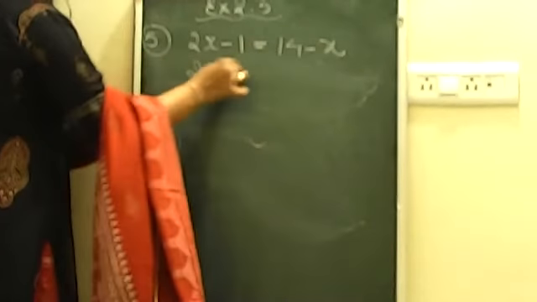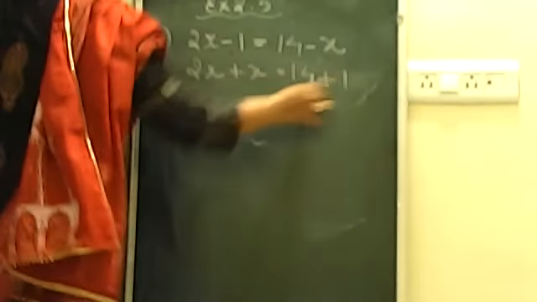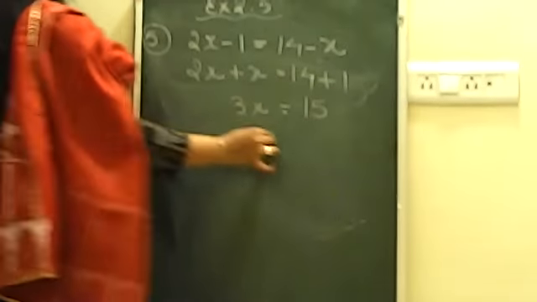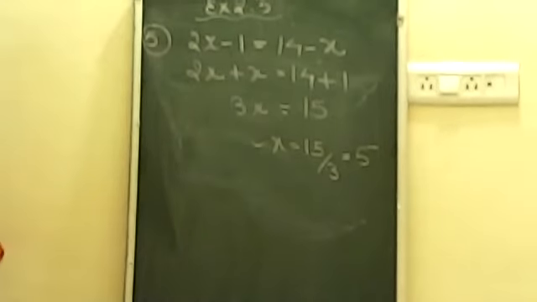The answer will be 5. Now let us see how 2x will be here only, beta. This minus x will come here. It will give you 2x plus 3x. Then 14 will be here only. This minus 1 will go that side, which will become plus 1. Okay? And this 14 and plus 1 together will give us 15. 2x plus 1x, which will be added together, will give us 3x is equal to 15. And x is equal to 15 by 3, which will give us 5 only. 3 fives are 15. So the answer of this particular question will be x is equal to 5.